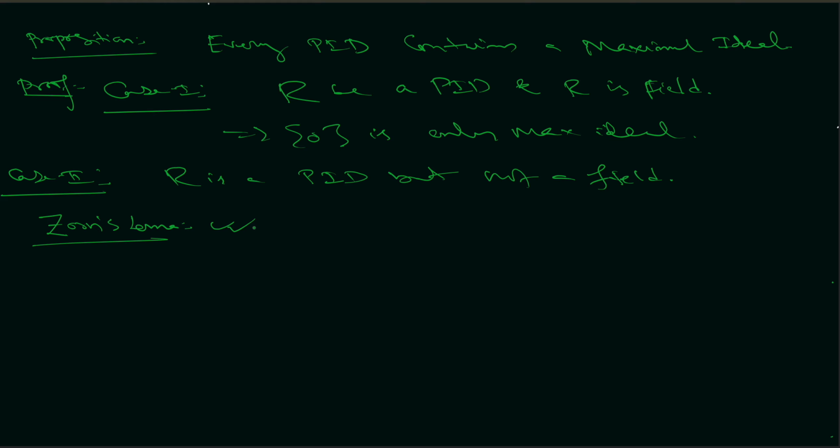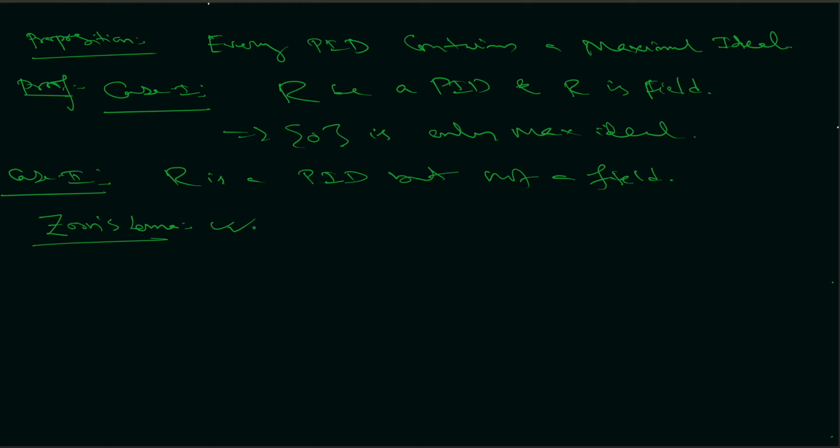I am assuming that you at least know Zorn's lemma, the axiom of choice. So I'm not going to define Zorn's lemma, and you know it very well because, in linear algebra, you already know that every vector space has a basis. For that proof you also need Zorn's lemma, right? So I'm assuming that you already know Zorn's lemma. After that,